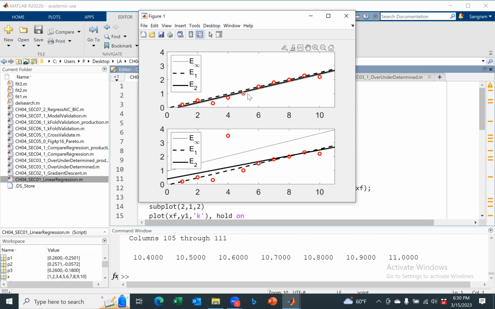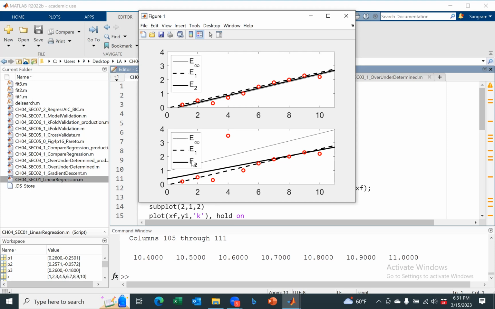And this is actually very important. E1, E2, and E infinity norm, they are close to each other. However, as soon as you have an outlier, you would notice your E infinity norm goes out of bounds. So basically the E infinity norm line, shown by the solid thin line, is not the right answer. As a matter of fact, the solid dark line, which is the E2 norm, is also not the correct answer,